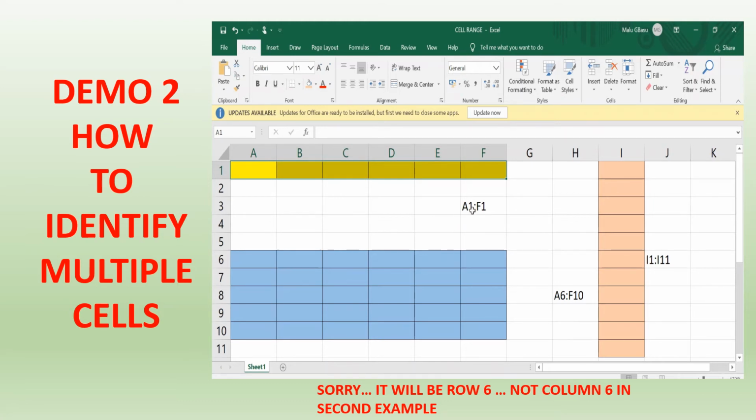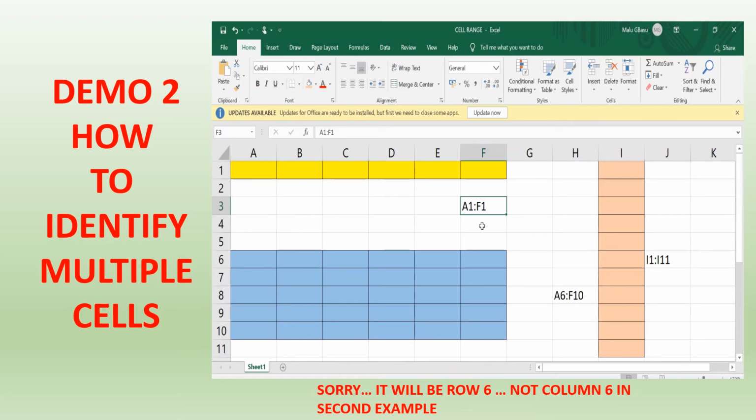First I will begin with column A. You can see over here column A, and then I have written 1. Why 1? Because I have selected row 1. And where am I ending? I am ending at column F because I have selected 6 cells. So I have written F, and I am remaining in row 1, so I have given F1. A1, and in between there is a colon. A1 to F1 means it is in row 1 but 6 columns, A to F.